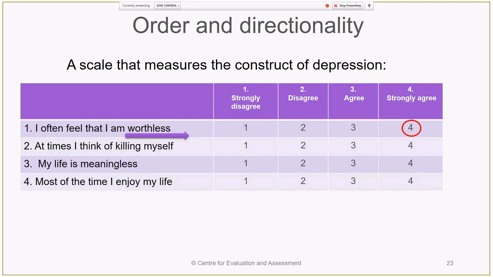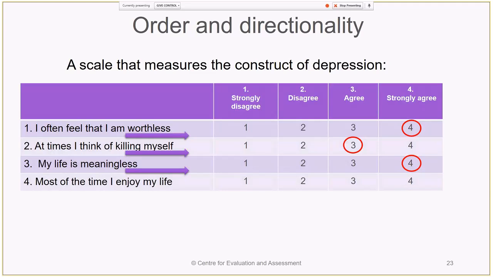Number 2 says, at times I think of killing myself. Again, more agreement with the statement means more of the underlying construct, so more depression. My life is meaningless. Again, we hope if they've been consistent, they say they strongly agree.